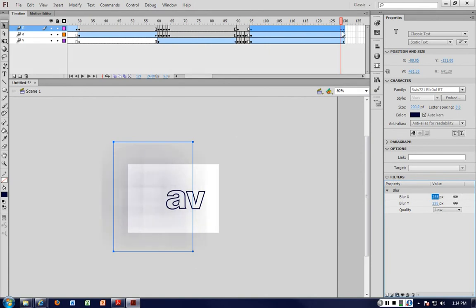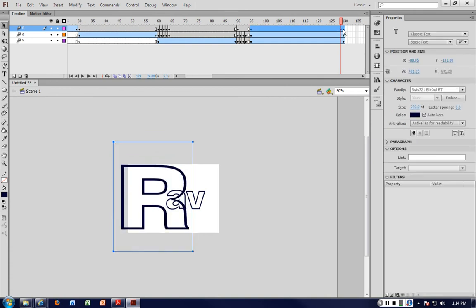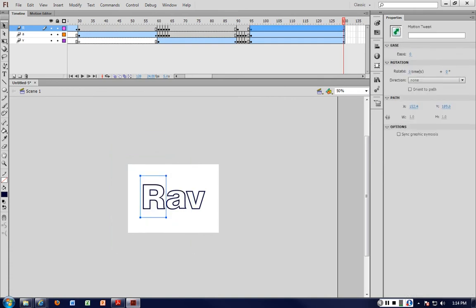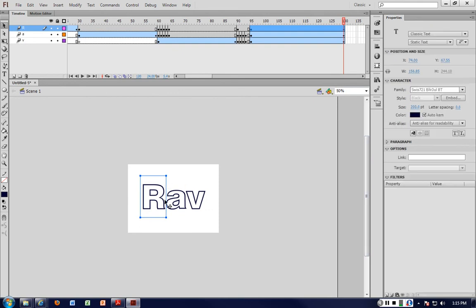I'll do the same thing to the others. I've created another keyframe here. Let's do it again now. So once again, properties, blur,